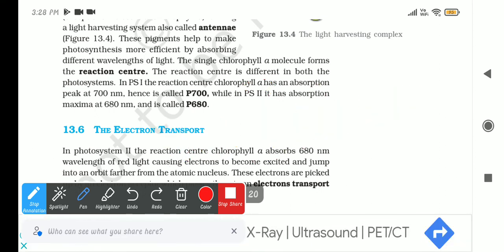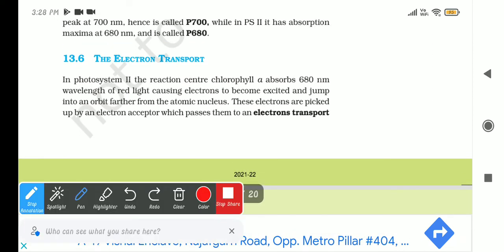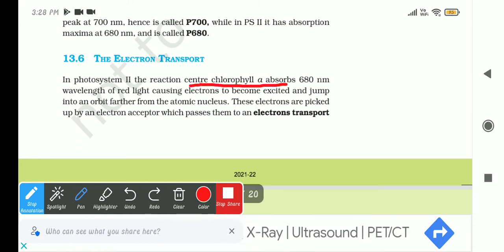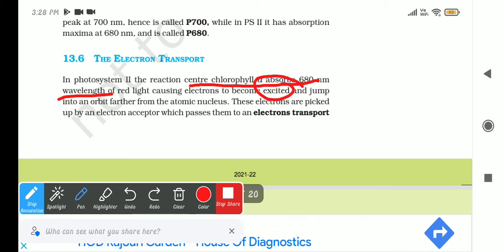So this is the main difference between them. Let's talk about electron transport now. The photosystem 2 reaction center absorbs the 680 nm wavelength of red light, causing the electrons to become excited, and when excited they jump to an orbit further from the atomic nucleus. Then the electrons are picked up by the electron acceptor, which then passes them to the